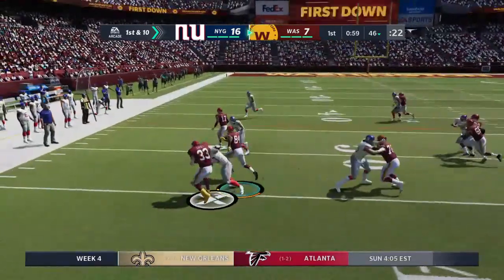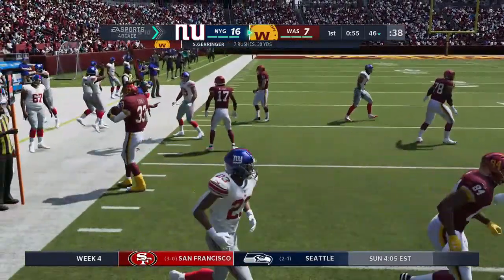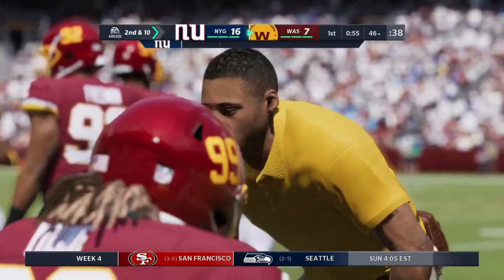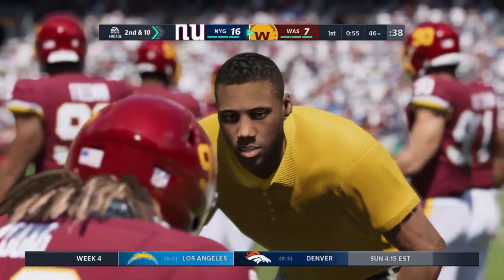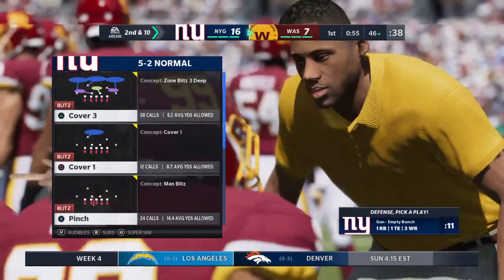Running game working. They'll stick with it on first down. And they're going to stop him right at the line of scrimmage. Just no cutback lane to be found whatsoever. 2nd and 10. All right, quick observation, Brandon, because early on in this game, I'm seeing linebackers playing with their